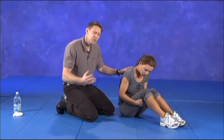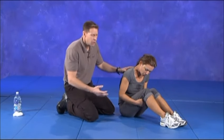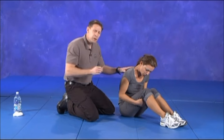So what I can do is the same thing as before. She's still very hot. We still have to cool her down. I'm still going to put her in the shock position, raise the feet. But in this case, I'm going to cool her down, but the most important thing here is we need to call